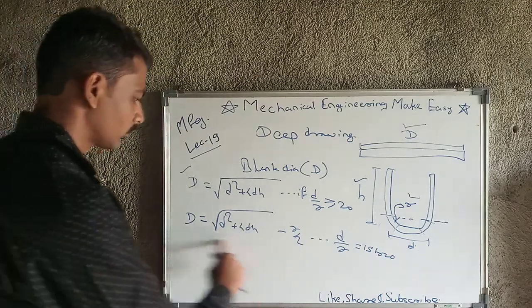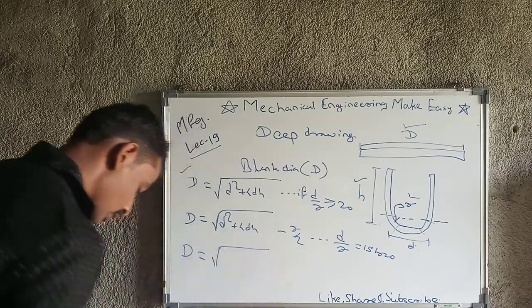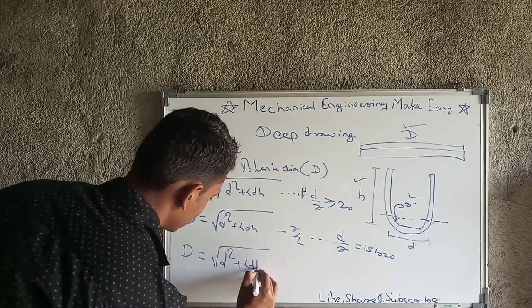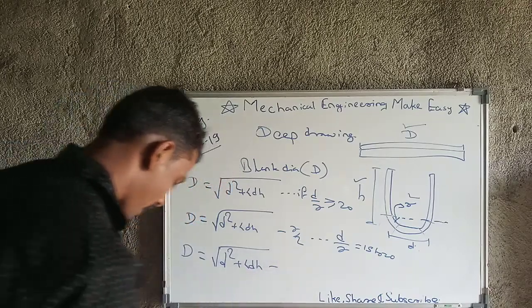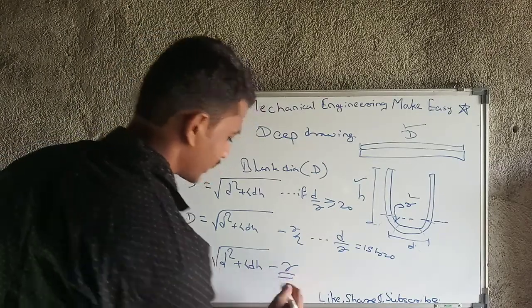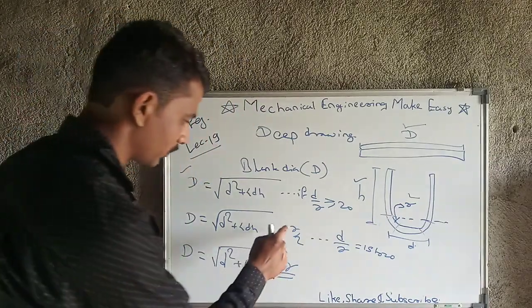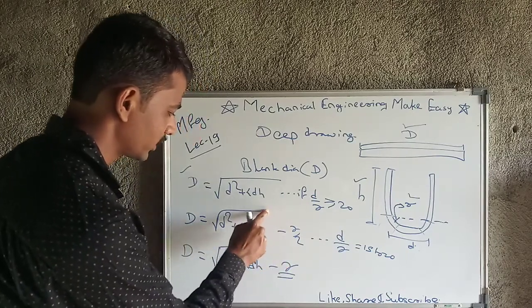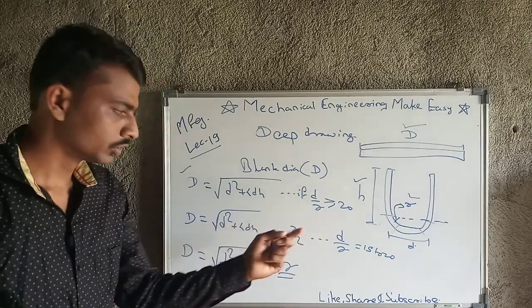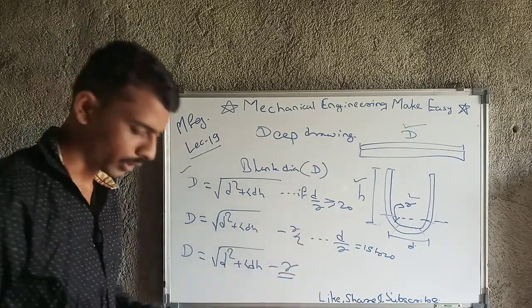So this is another case, and the next case will again have this bracket as it is, that is d square plus 4dh, minus r. Here the term changes to minus r, which is not under root. Minus r by 2 is also not under root, so don't write that under root up to here. Minus r by 2 and minus r, both terms are outside the under root.